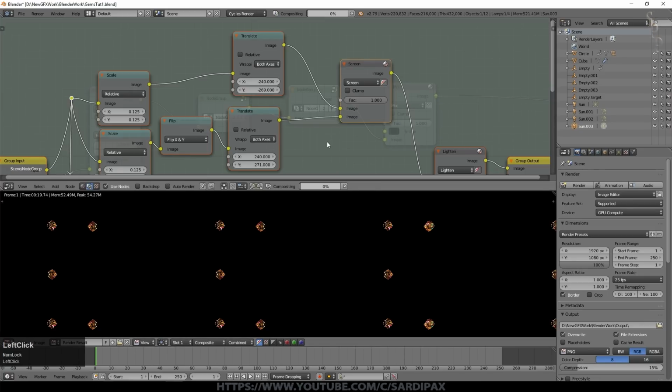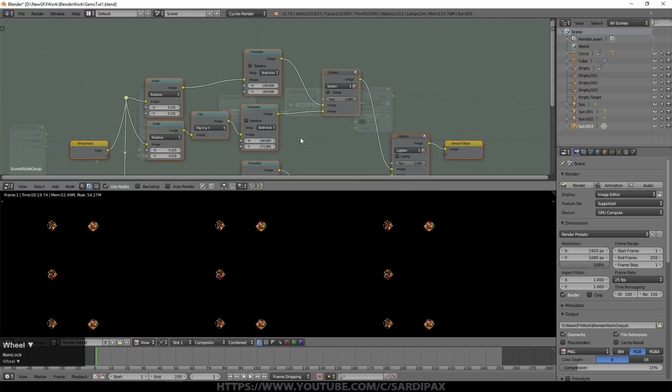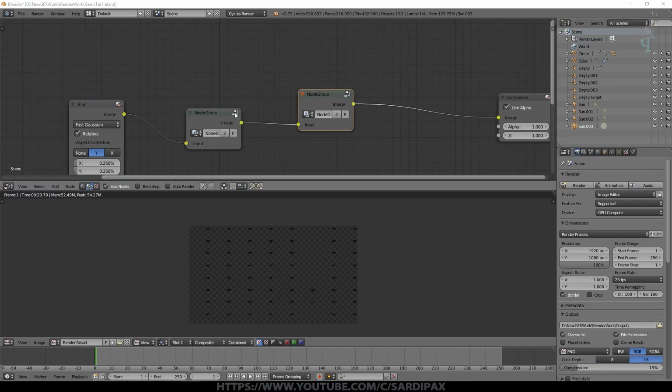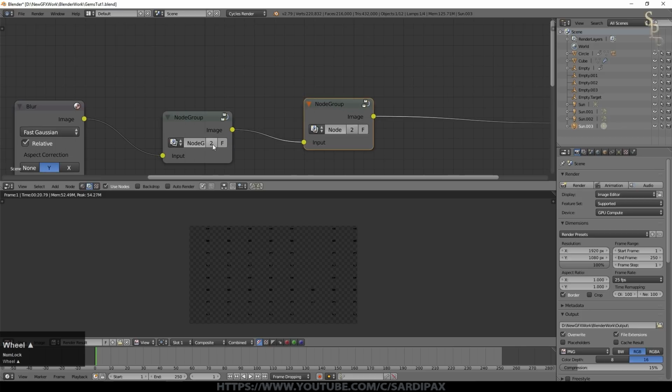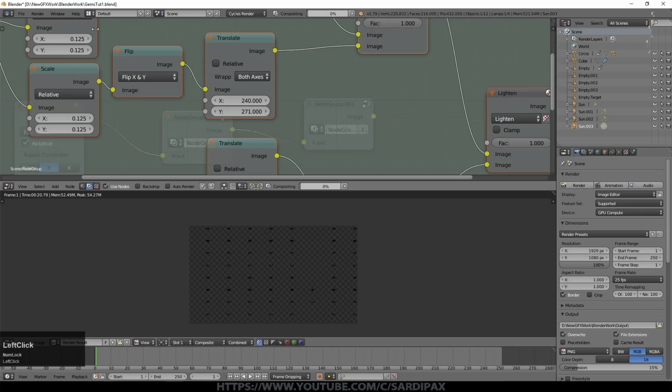As always happens, probably find you need to adjust the settings. Something I should have said, if you copy a node group that way, you'll notice we've got a number in here. So if I make changes to either of these node groups, it will affect the other one. So we need to click this little number to make it a unique node group. Now I can go back to this one and set these numbers back to where they were the first time around. Very much like many other things in Blender, it's useful and it can catch you out sometimes.